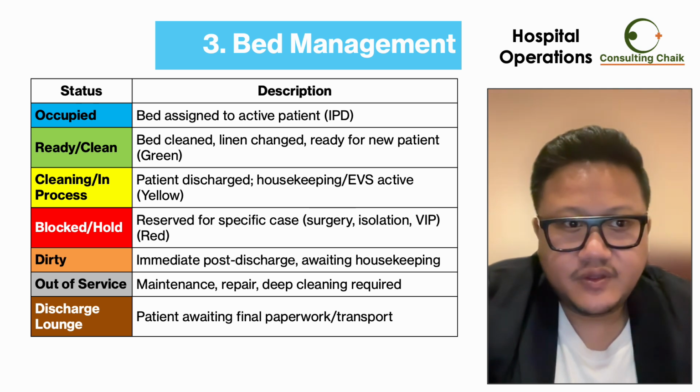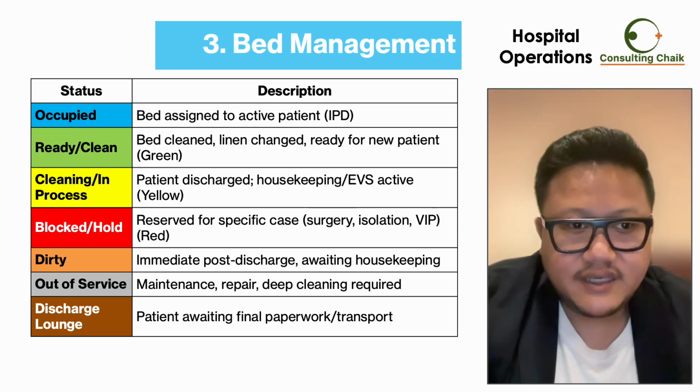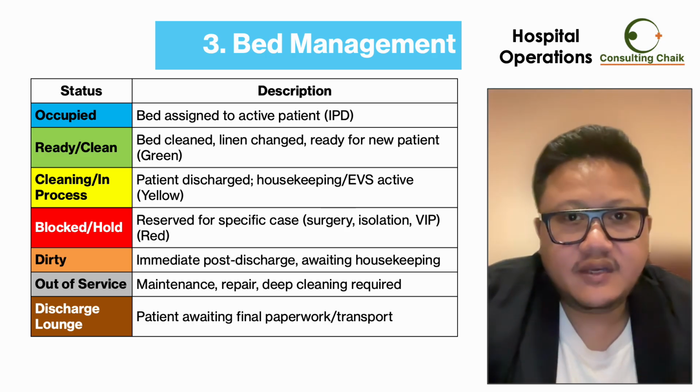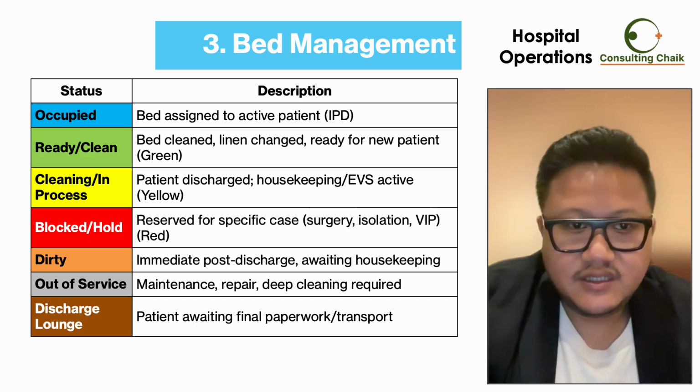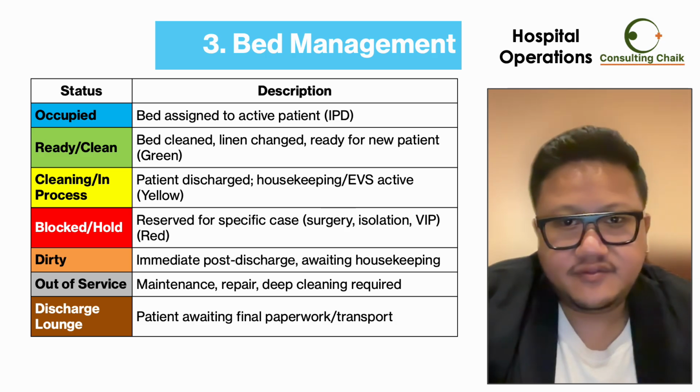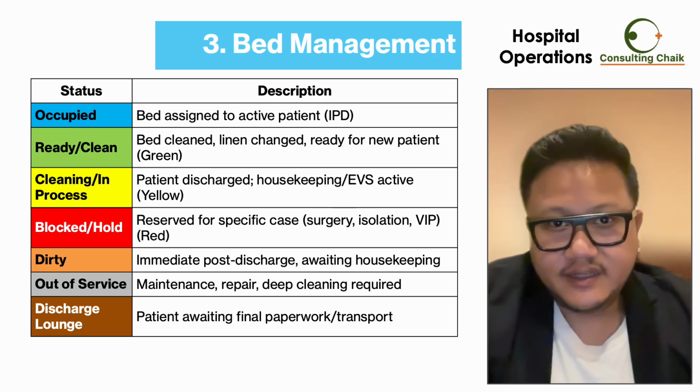Green is ready: the bed is clean, the linen is changed, so a new patient can move in. Yellow is cleaning in process: the patient has just been discharged and the housekeeping is actively cleaning the